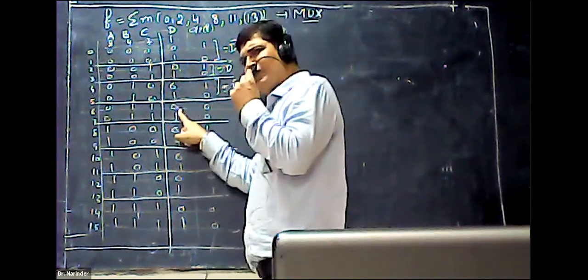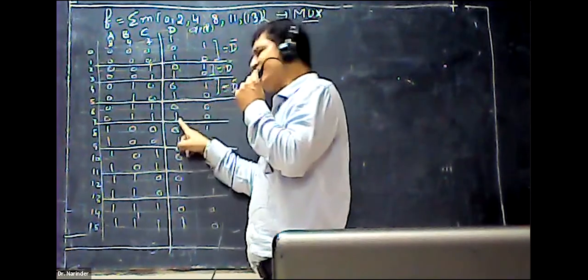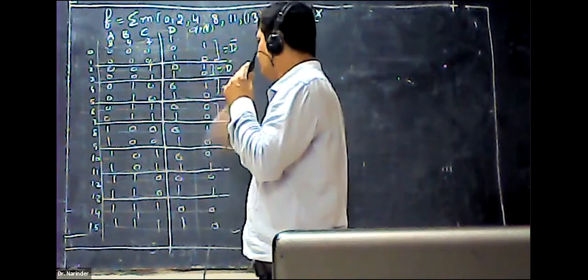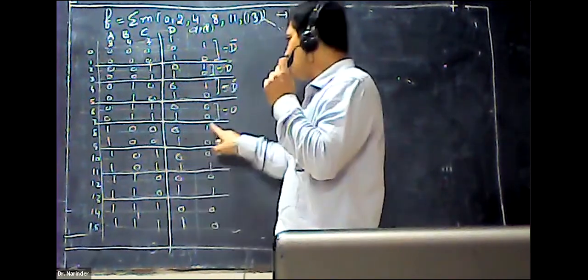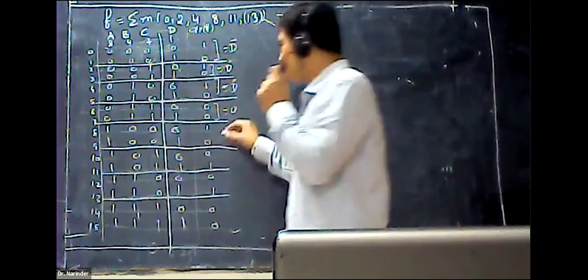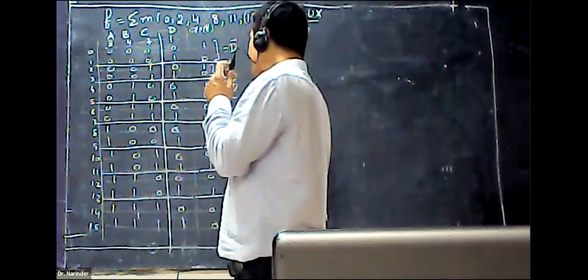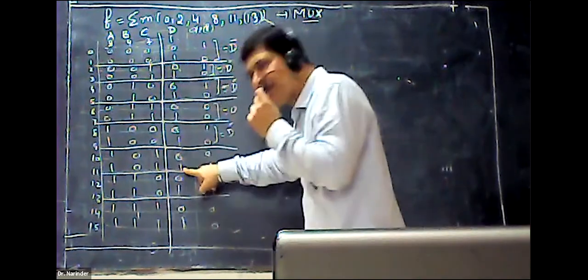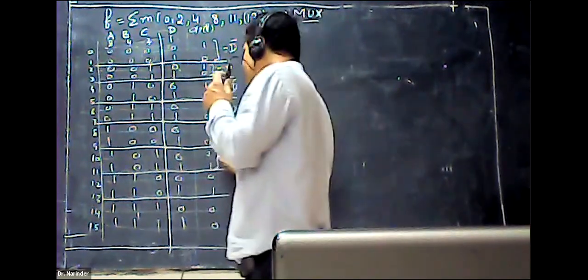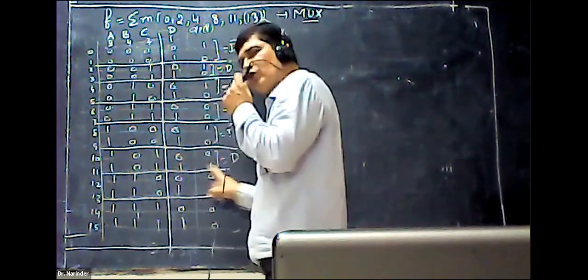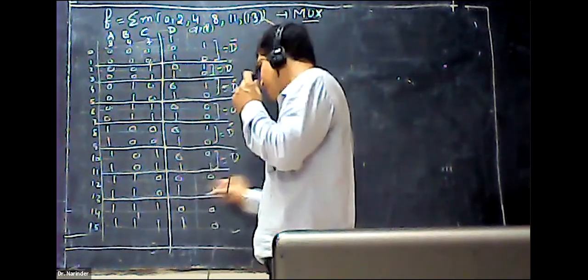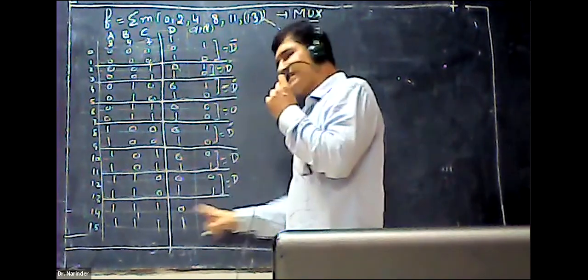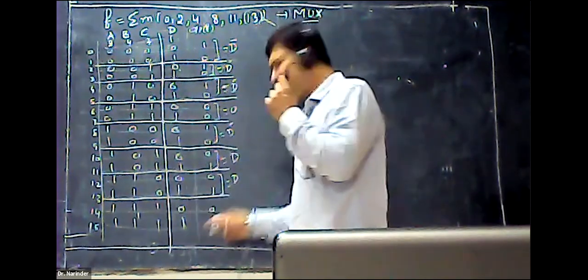So if it has 0, its value is 0. If it has 1, its value is 0. So whatever the value of D, it will always remain 0. Next, this is 0, this is 1, this is 1, this is 0, again the converse of each other, so D bar. This is 0, this is 0, this is 1, so whatever the value of D, it would be the output. You will write D here. This is 0, this is 0, this is 1, this is 1, both are identical, write D here. This is 0, this is 0, this is 1, this is 0, so whatever the value of D, it will remain 0.